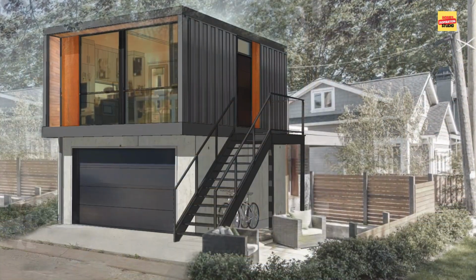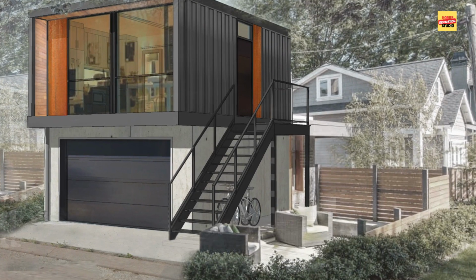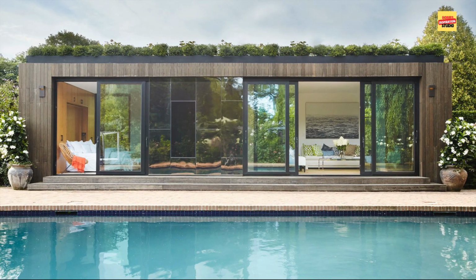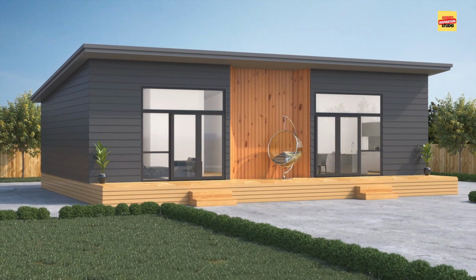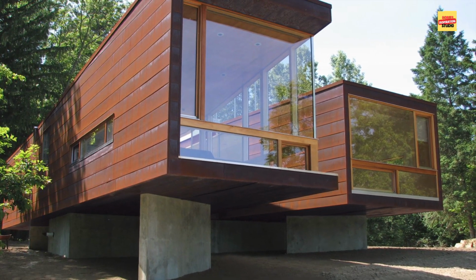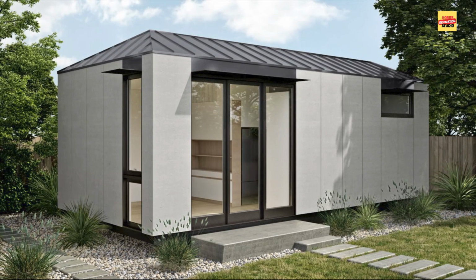6. The Sustainable Prefab Cabin focuses on eco-friendly materials and off-grid capabilities, ideal for remote locations. 7. The Customizable Container Hybrid integrates shipping containers as structural elements within a broader prefab designed for a unique aesthetic and cost efficiency. 8. The Prefab Ranch with Modern Flair offers the ease of single-story living with contemporary design elements